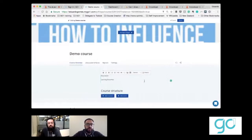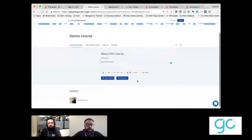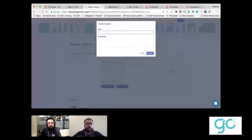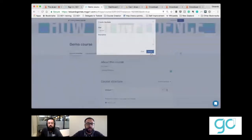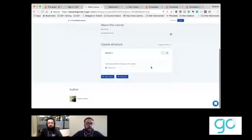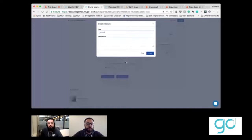Now, after you do that part, then you can start breaking it down into sections. Now, the breaking down into sections is only necessary if there is multiple or many resources that the learner will need to go through. So essentially, we call it a module 1, so section 1 or module 1. We're pretty much just giving it a title. Now, if you're going to add another one, section 2,